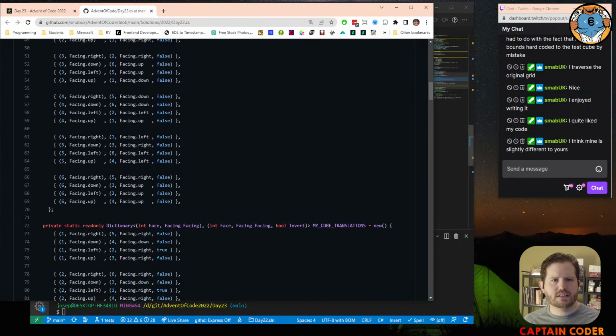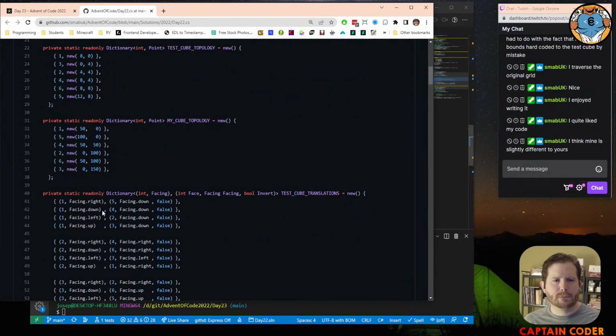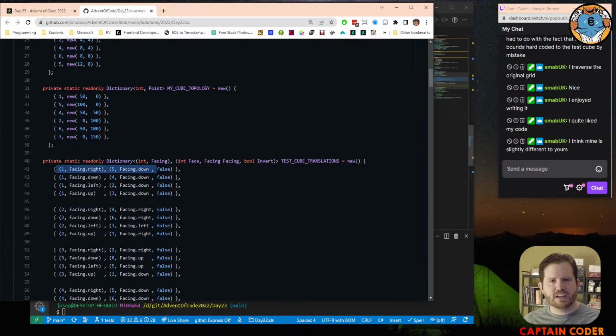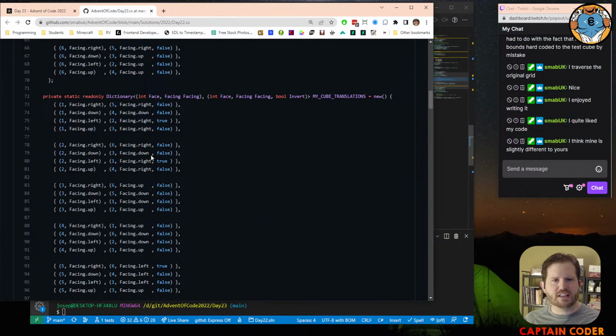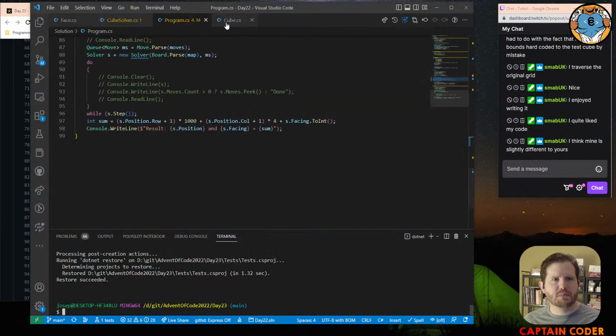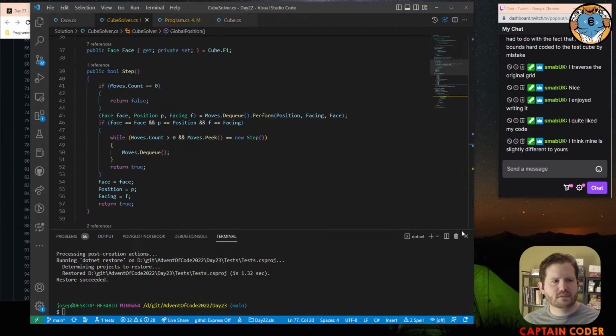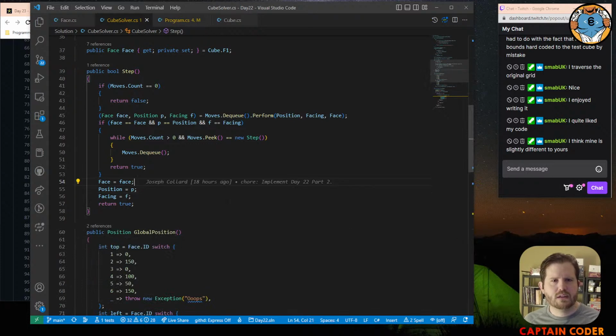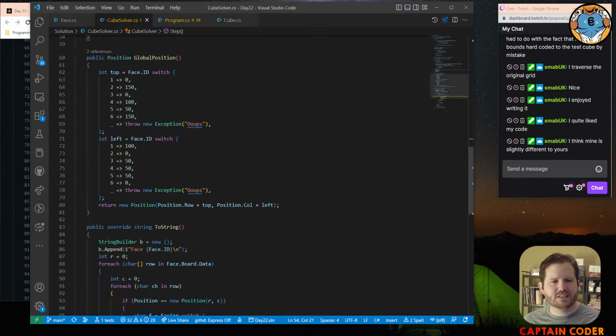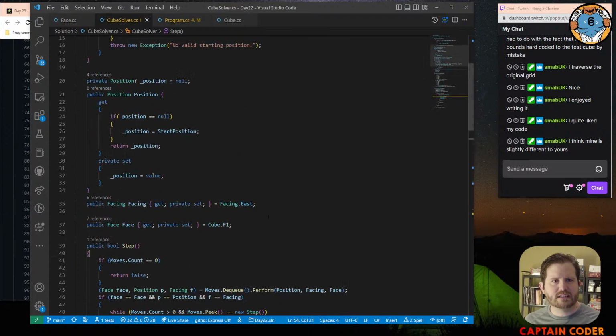Yeah, yours is a bit different. Mine thinks of it as an actual cube. Yours has the direct mapping for each side. It says, okay, well, if I go here, I go off. So you have the translation of each of your faces, right? So in mine, when I do the actual solve, here, one sec. I have this sort of, where is it? Next